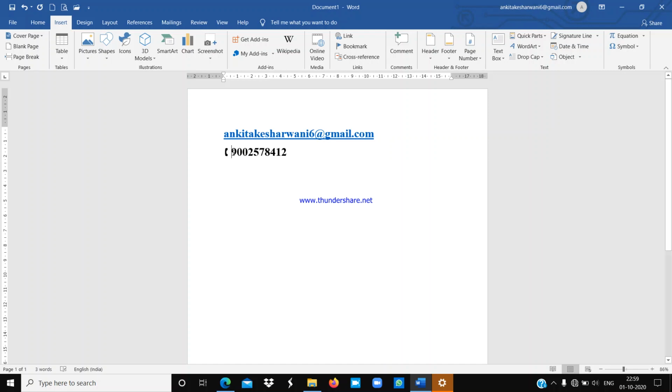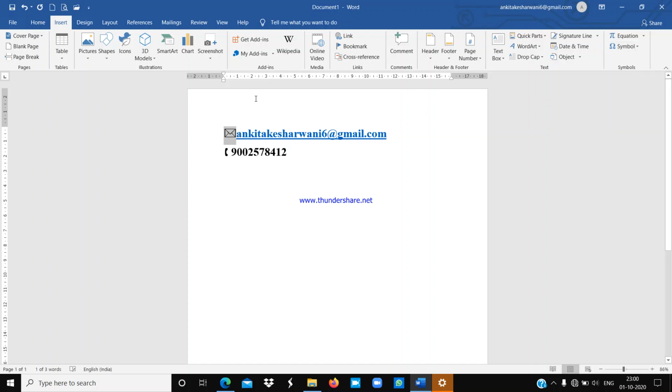So it will show you that it is a mobile number. Okay, and if you want to show that it is a link, I can understand it is a link from gmail.com. I can understand this is a Gmail ID, this is a mail ID. But to make it more attractive, I can use the symbol of a mail icon like this.